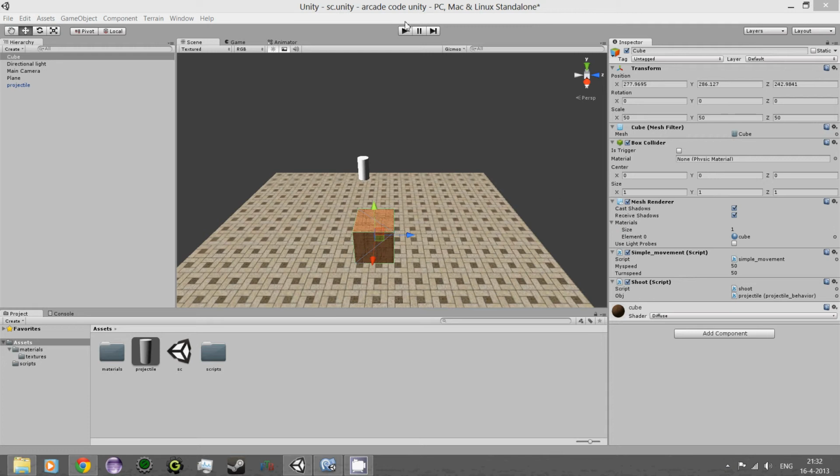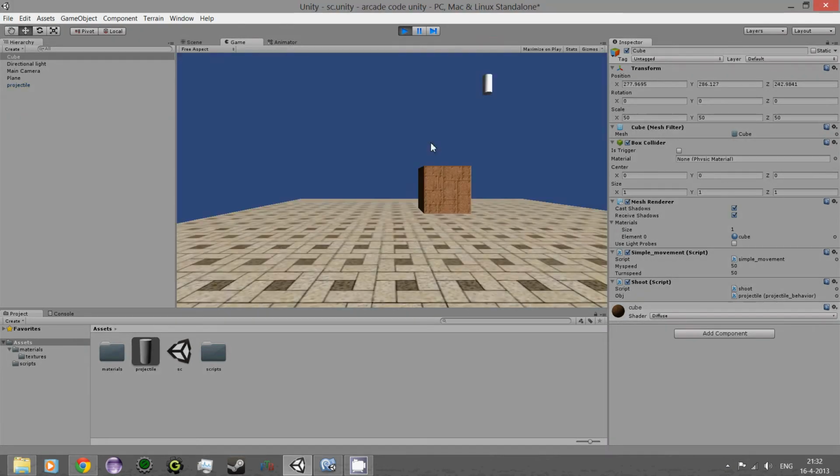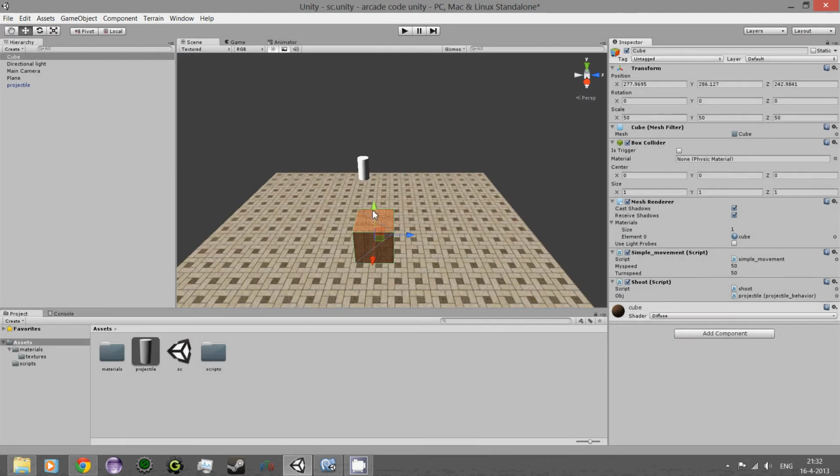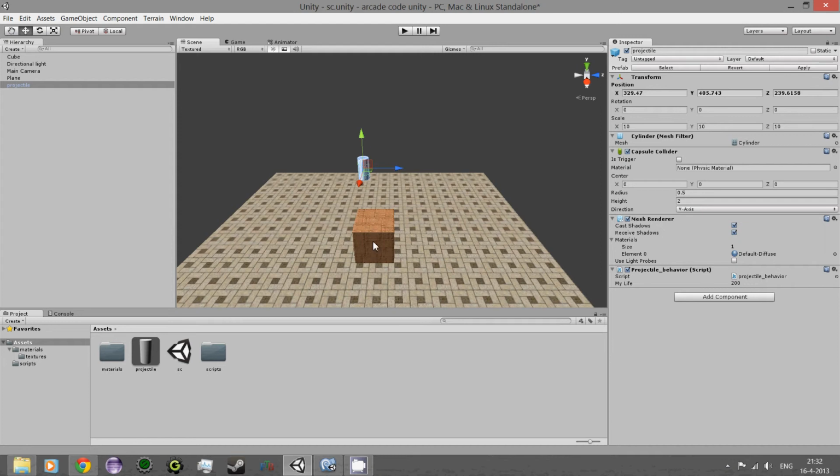So last episode, when we played the game, we managed to get our cube to create these interesting projectiles as a trail. What we want to do this episode is actually make the projectiles come out of the cube as a bullet. To do this, we can come back to our shoot script